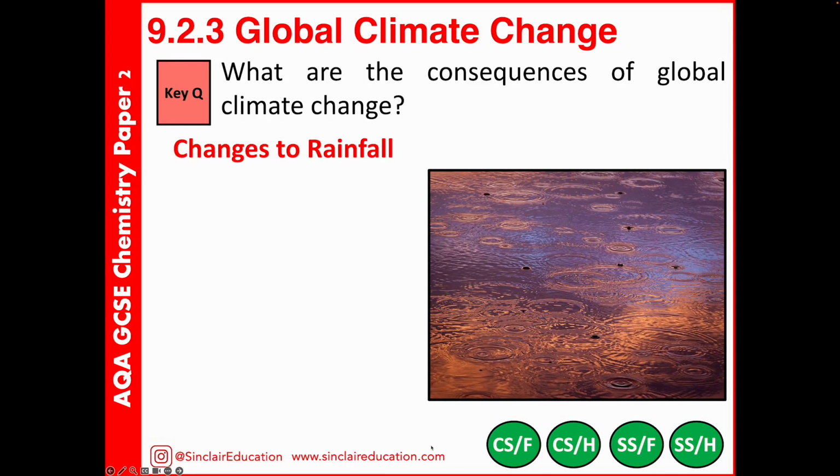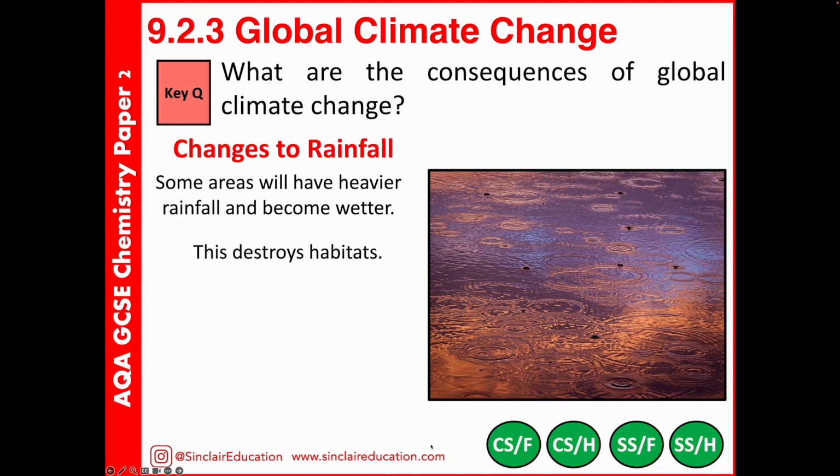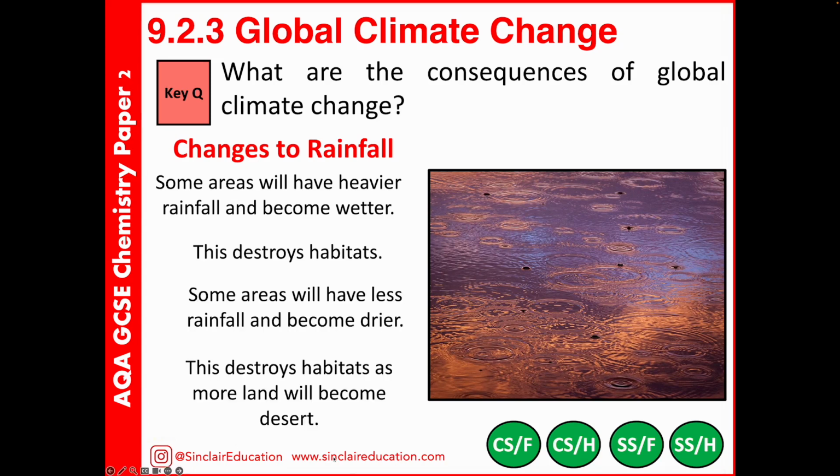Also, we can have changes to rainfall. So generally the rule here is that areas that tend to be wet will get wetter, while areas that were dry will become drier. In both of these, though, we're going to end up with a destruction of habitat. The wetter can't deal with more water necessarily, and drier, we're going to get drought. So actually the areas of some of our deserts is increasing. So around our coastline is flooding and our deserts are getting larger.